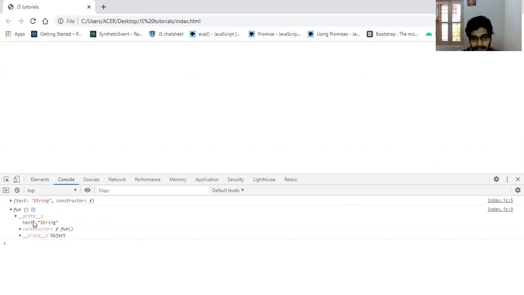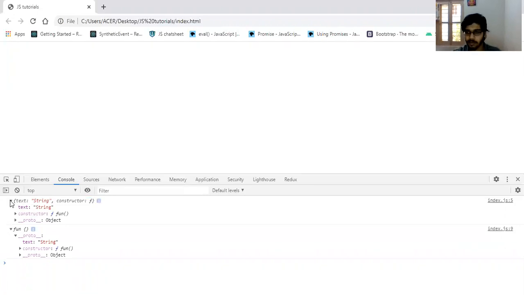Inside this, the dunder proto property points to the prototype object. Both the prototype property of the function object and the dunder proto property, when you call the function using the constructor way, both these point to the same prototype object.